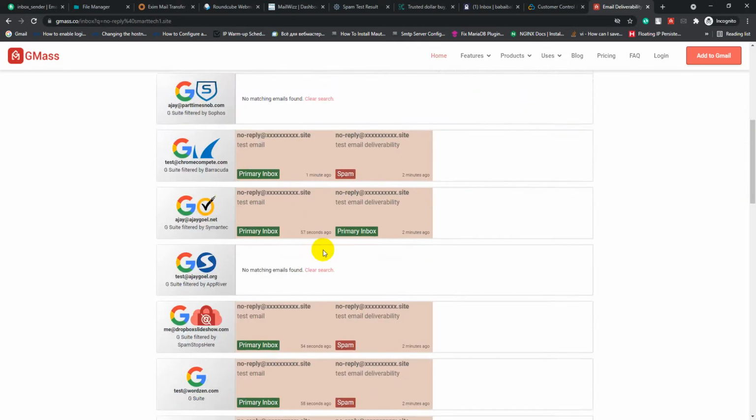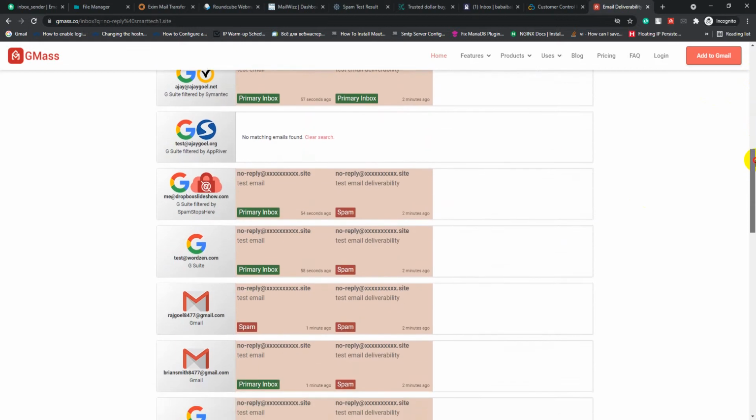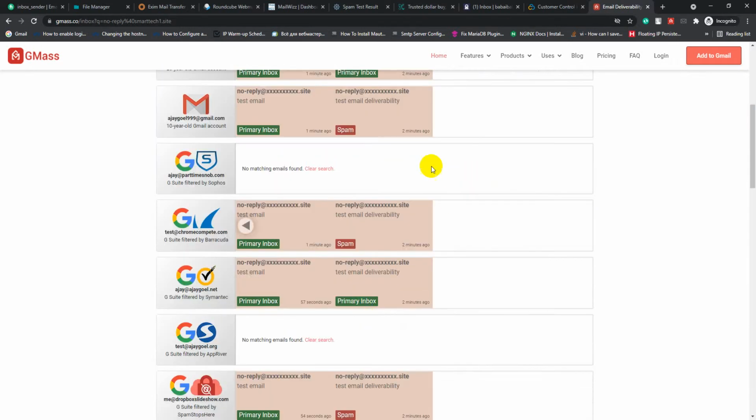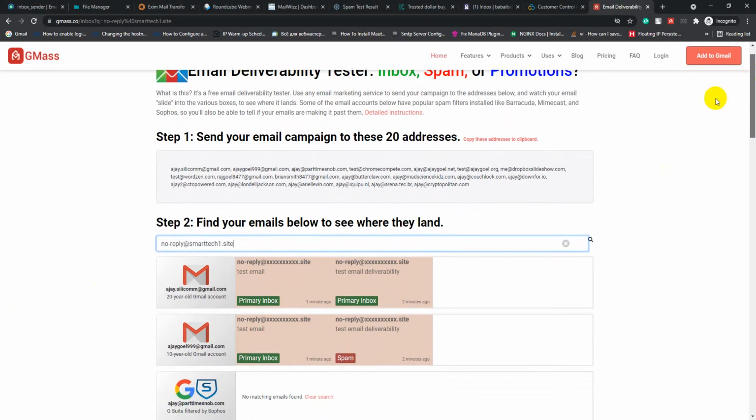You already noticed that when I sent the first test email campaign, some of my email landed in inbox and some in spam, but when I did a second test, all my email landed in inbox. The first and second tests had different subject lines and content, and the inbox ratio was also different.